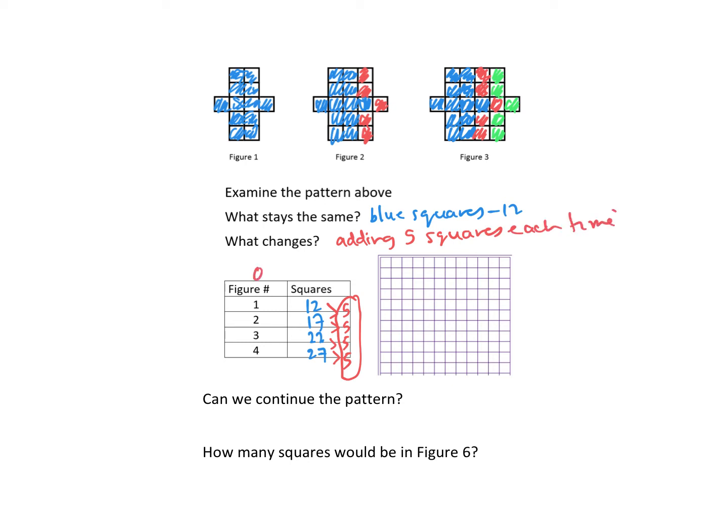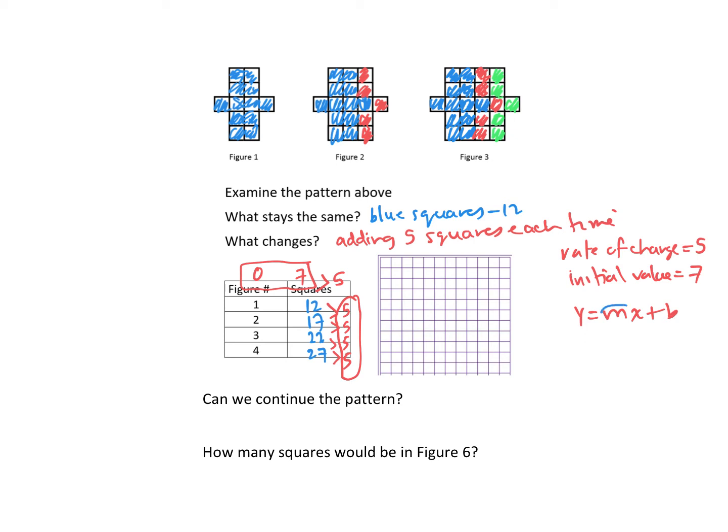So we could go back to 0. We know they're going up by 5, so let's subtract 5 from 12 and we get 7. So the rate of change, we are increasing by 5 each time. The initial value is 7. So if I'm writing a pattern,